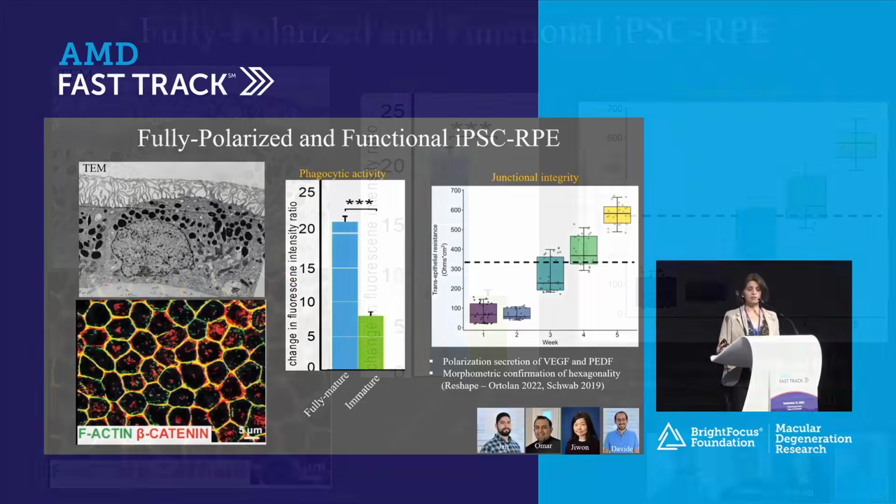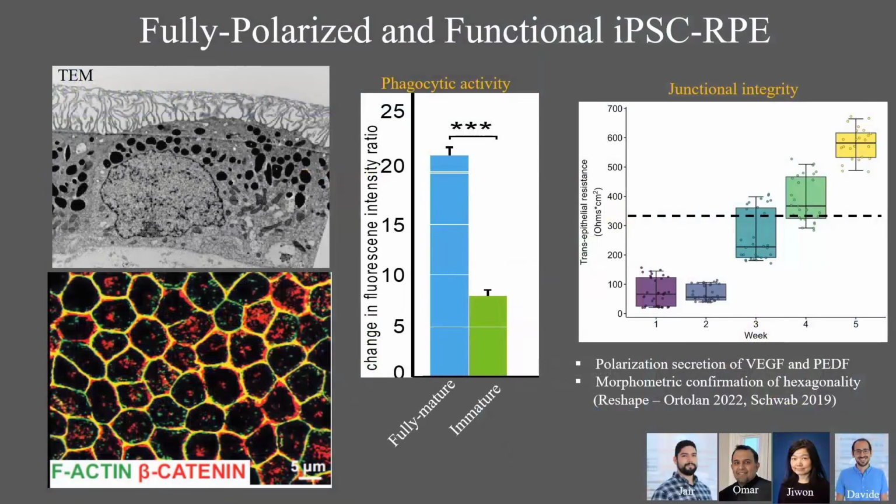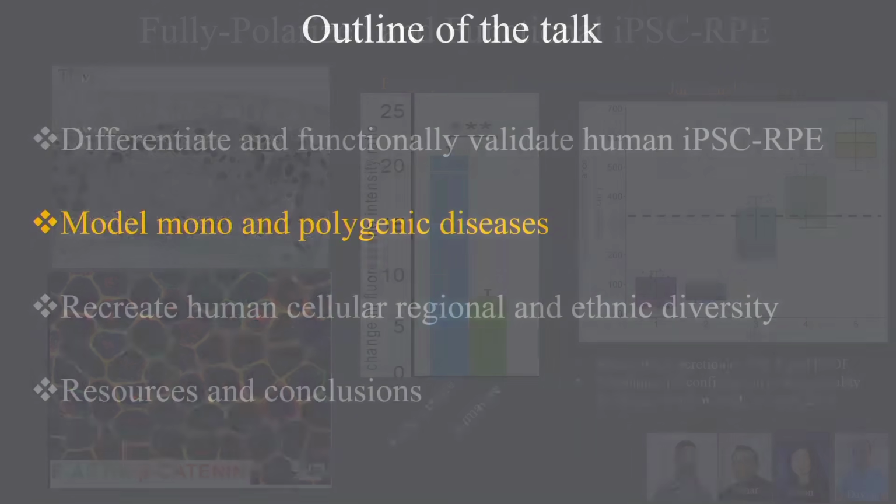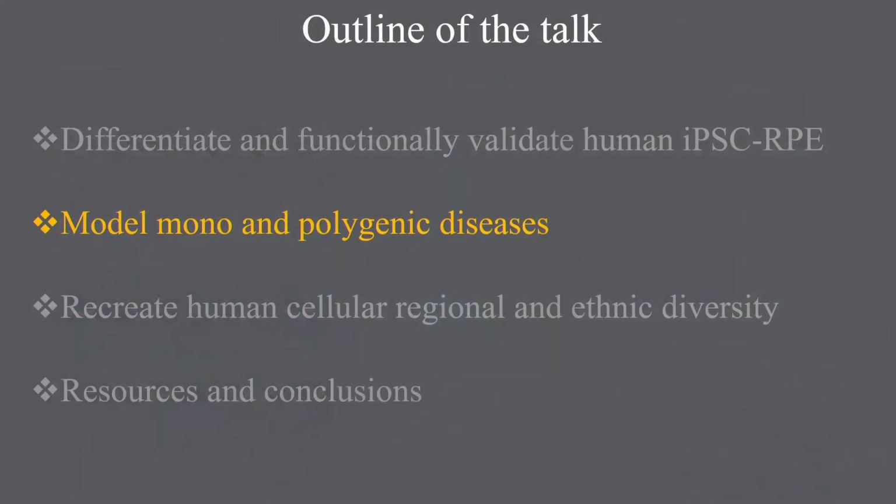The other assays that you might be aware of are the different polarization assays. This tissue secretes cytokines in a polarized manner, VEGF in the basal, PEDF in the apical, and also, like I said, there are morphometric analyses that our lab has also published. It's a reshape that you can actually check the hexagonality and cell area of the cells. So in short, the bottom line I want to say is that when you have iPS tissue, in our case I was talking about RPE cells, you want to make sure that you are validating your tissue for the functional assays that this tissue should perform, like I just showed in the previous slide.